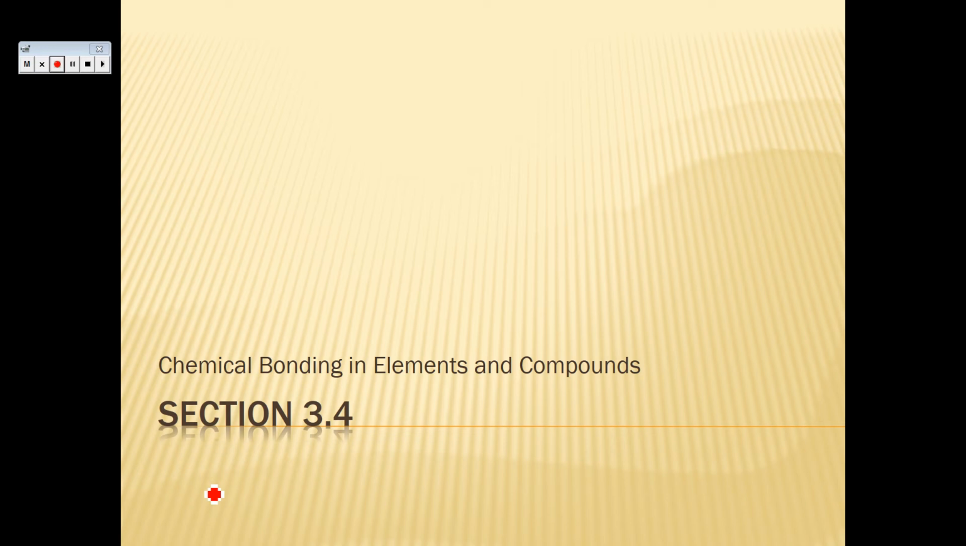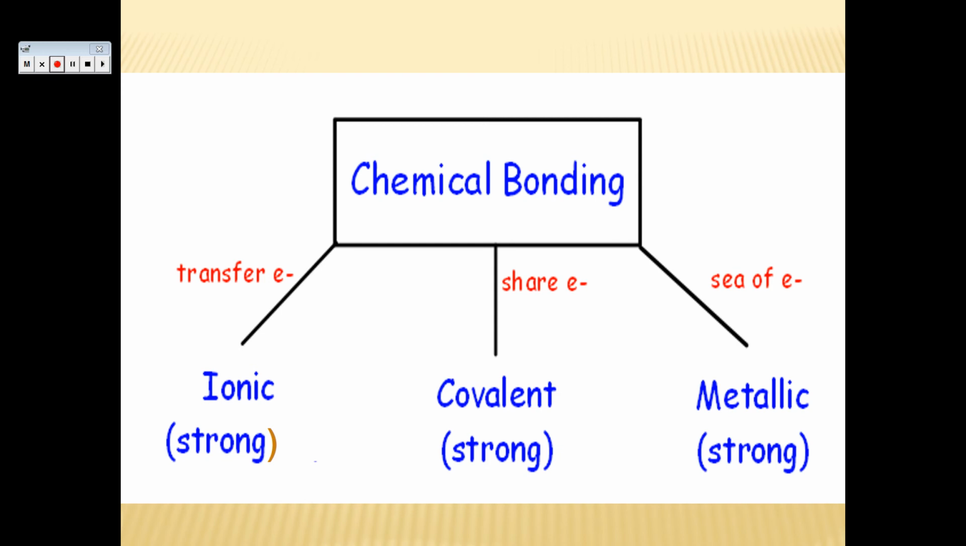Today we're going to talk about section 3.4, chemical bonding in elements and compounds. There are three types of chemical bonds. There are ionic chemical bonds, which is a strong bond, where the electrons are going to be transferred from one